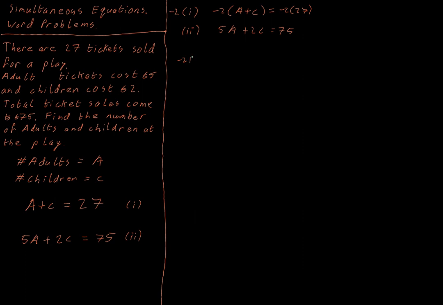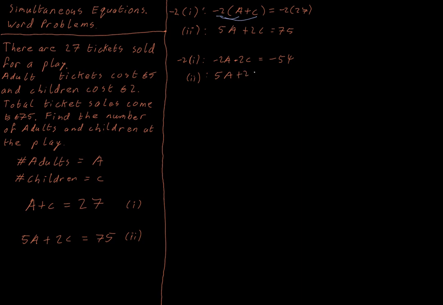So then we have our -2 by a is -2a, -2 by c is going to be -2c. So we have to multiply what is outside our bracket by each thing inside. And then that is equal to -54. And now we have equation 2. And when we add these two together now,